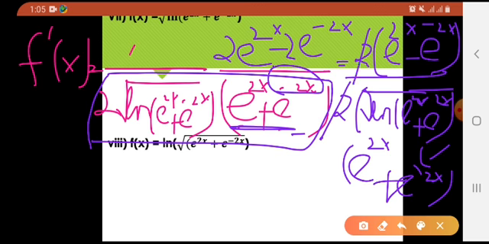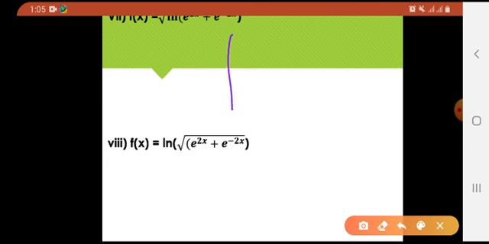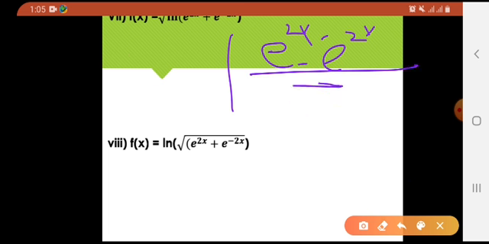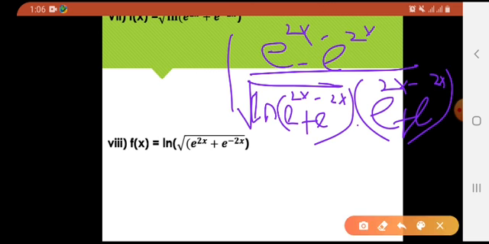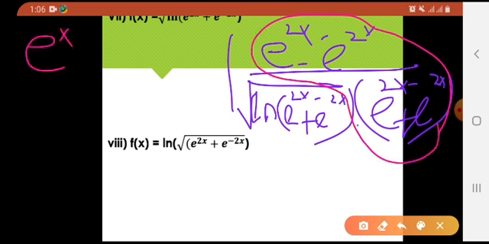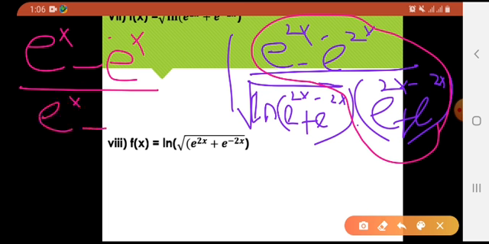2 and 2 would be cancelled out, and the answer which I am going to get over here is e raised to the power 2x minus e raised to the power minus 2x divided by radical of natural log of e raised to the power 2x plus e raised to the power minus 2x, that is different, into e raised to the power 2x plus e raised to the power minus 2x. Okay, now what is it? What do these two things make? Previously we just learned, I made you revise, that e raised to the power x minus e raised to the power minus x divided by e raised to the power x plus e raised to the power minus x is tan hyperbolic of x.